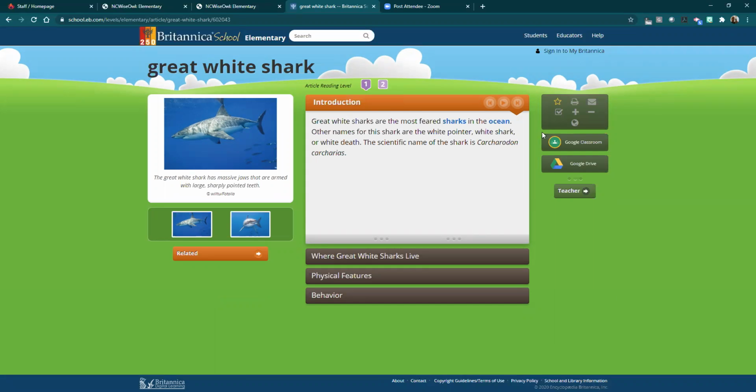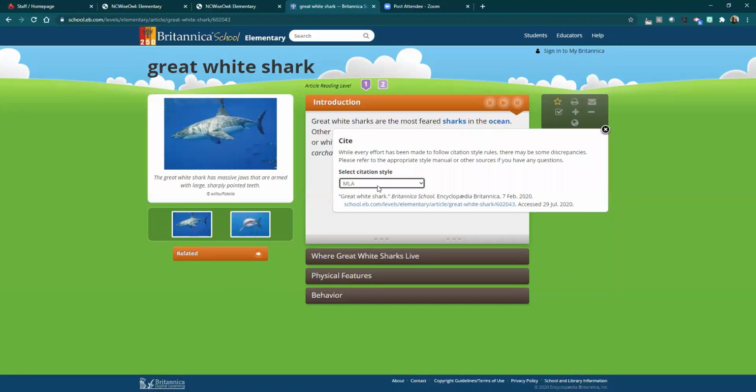For teachers, on the right side of this toolbox, again, there is a citation. I always teach the students if they use any information, they have to cite it. So if they click on that, the citation will pop up. For those older students, they can choose their citation style, and then they can simply copy and paste the citation